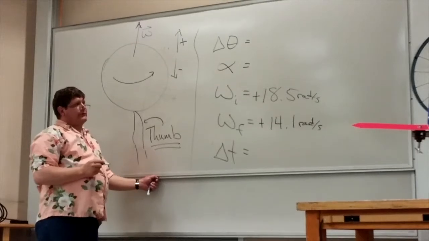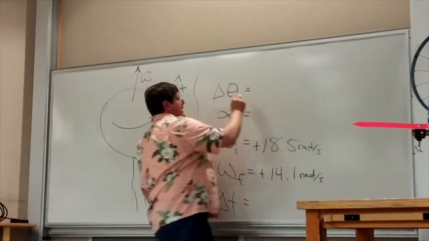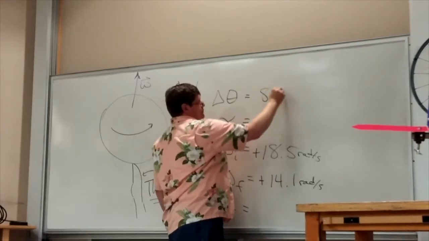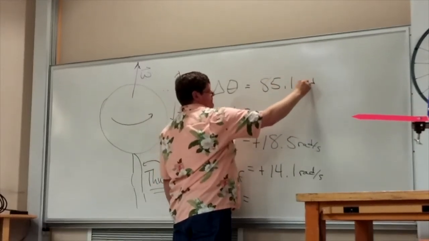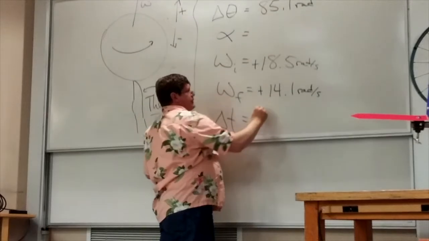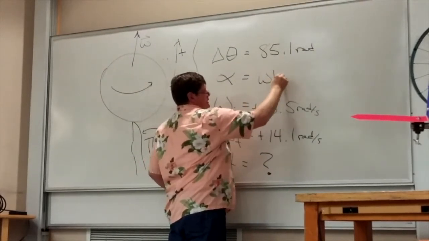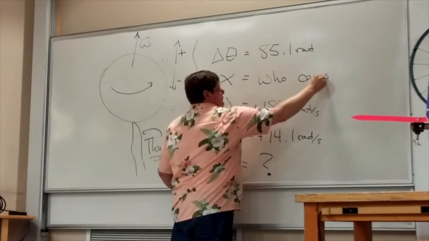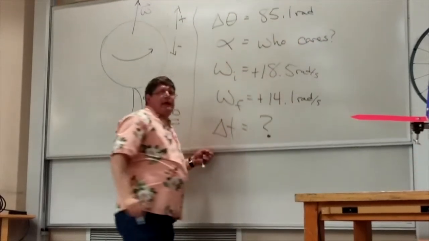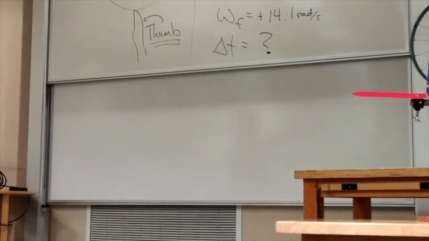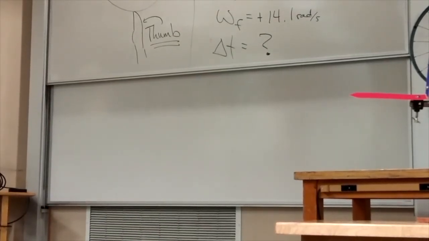Now, during the course of this slowing down, the angle is going to go through 85.1 radians. We're looking for the time. That makes the alpha, who cares? That tells us which equation we should use. We should use the equation over there that doesn't have alpha in it. Now, before we stop caring about alpha,